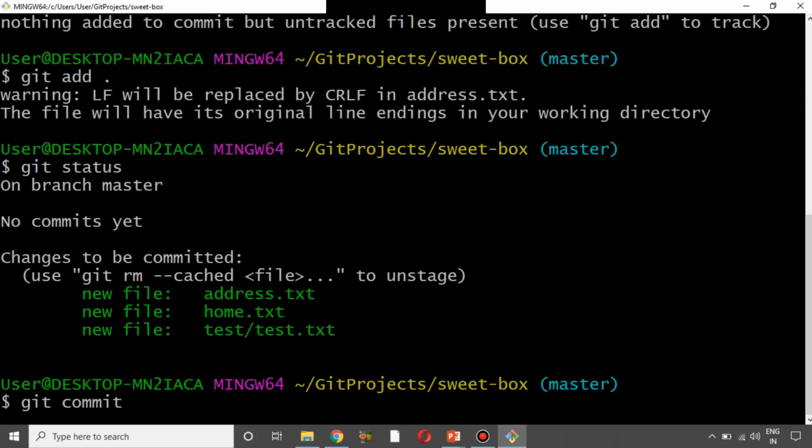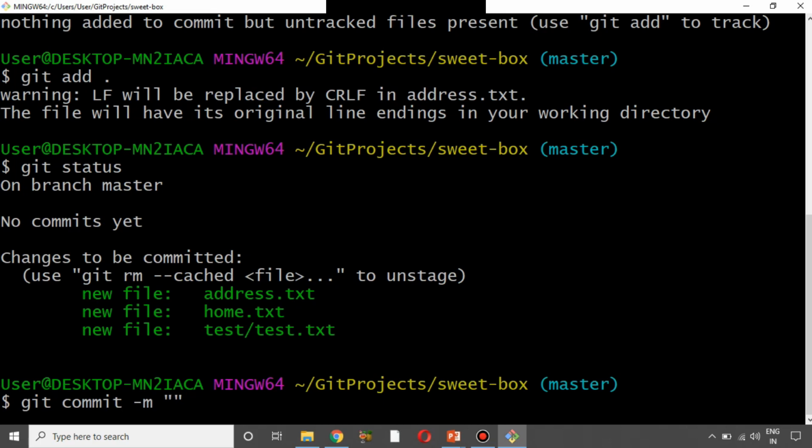Now if I press enter, it is going to show up Notepad++ for me, because earlier I configured Notepad++ with git. But in your case, if you haven't followed our previous tutorials, it is going to open a vi editor by default, and it will be a bit difficult for you to make changes there. So for now I am going to give an inline commit. The use of an inline commit is that you give the message in the command line itself, and there is no need to open any kind of editor. If you ever want to give an inline commit, you just need to say git commit followed by -m. M stands for message, followed by double quotes, and then the message which you want to give for that particular commit.